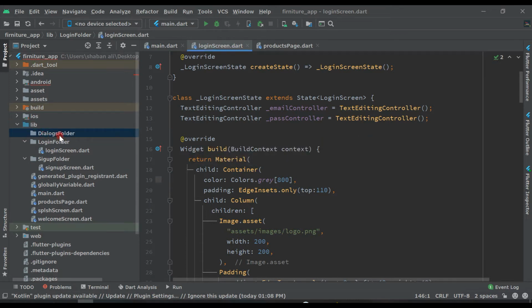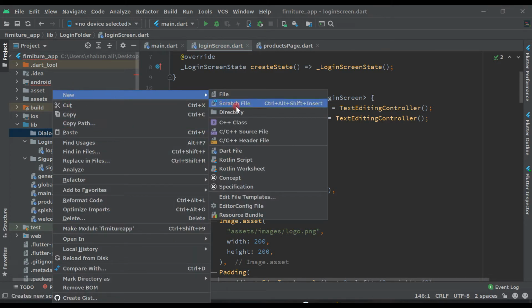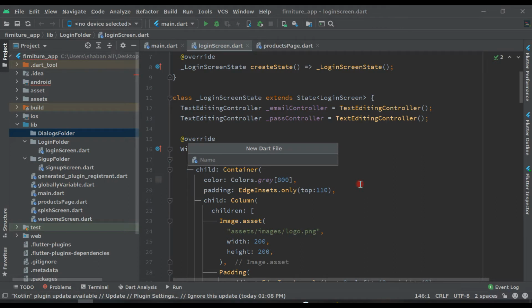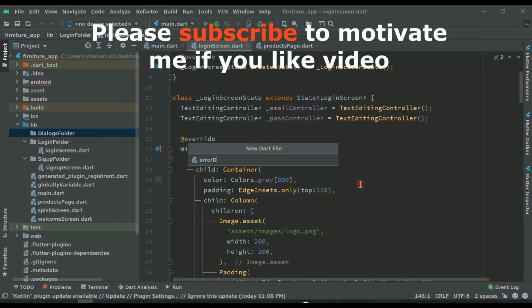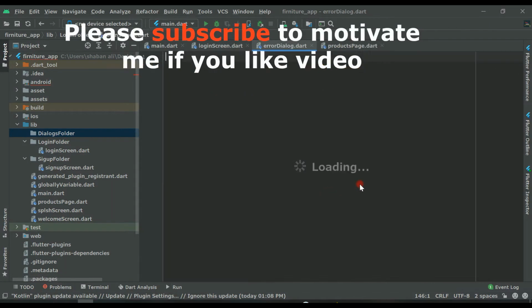Now we have created this dialogs folder, so right click on it, new, make one Dart file, give it the name error dialog and press Enter.